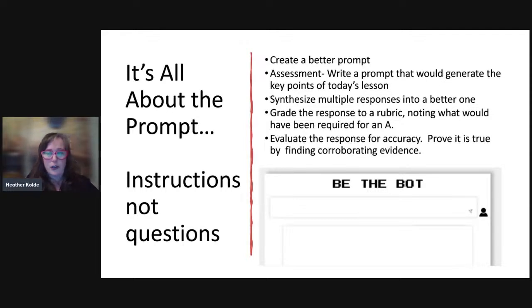And then for younger students, I love the Be the Bot activity, just even getting them thinking about introducing the idea of what AI is and a prompt. And so we'd give them a very basic prompt that they would answer. And so just that kind of idea of incorporating that with kids, I think is exciting.